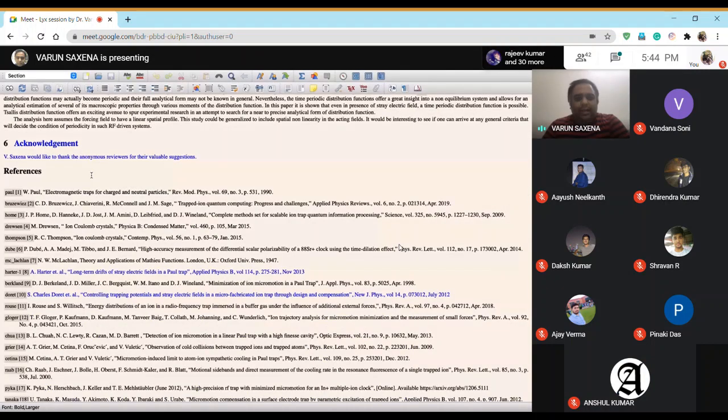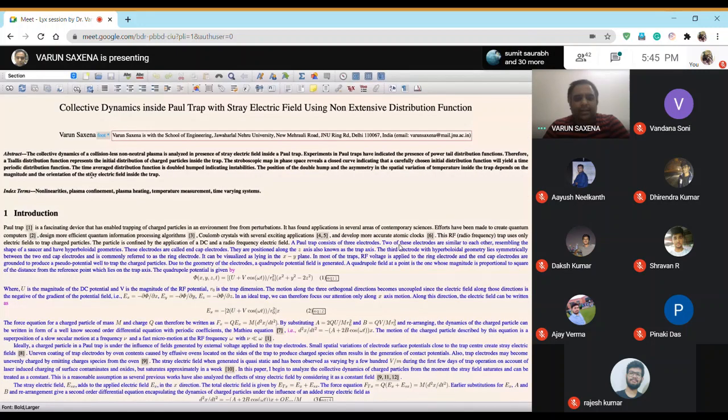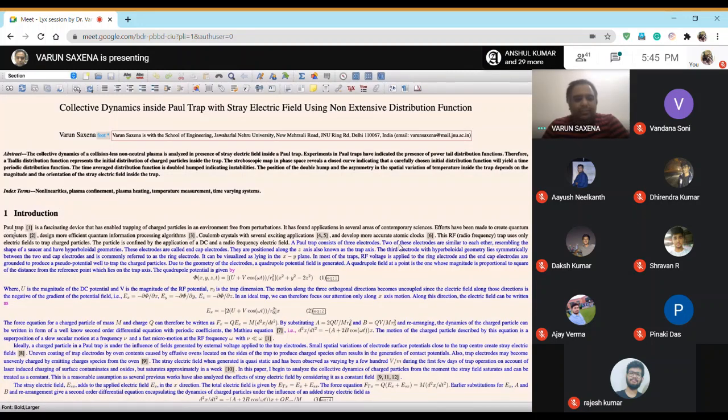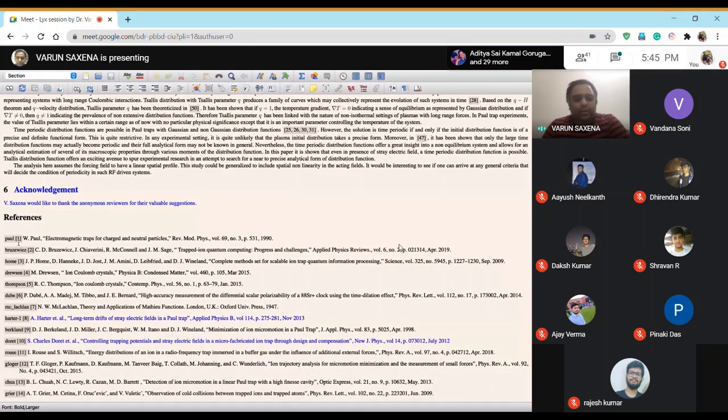So today our task is how we add certain references and how we cite them in the paper. If you can see over here, the first word that I've written is Paul Trap, and then there is a 1 written over here. This is basically this reference over here. It's a paper, actually a very seminal, great paper by W. Paul in 1990.